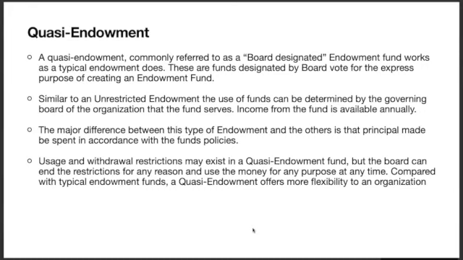So the biggest difference with the quasi endowment between the other three is that principal is available pending a board vote, and some typical language that we would see for a spending policy on a quasi endowment might read as if 4% of the fund is available annually to be appropriated by the investment committee. Anything above the 4% or a hard dollar limit of $200,000 requires a majority board vote. It would be something like that. Before we go on here, do we have any questions on the 4 types of endowments or any clarifications?